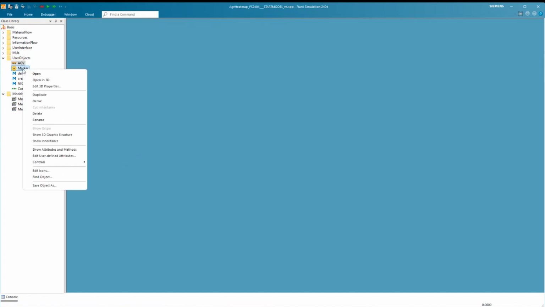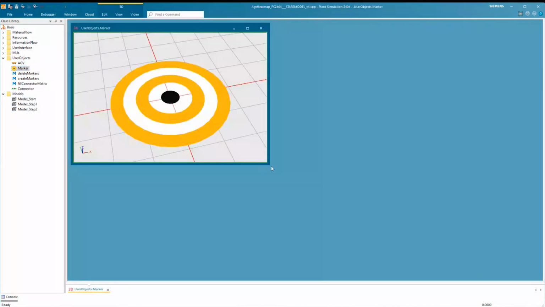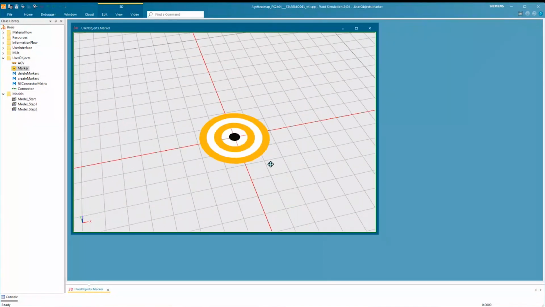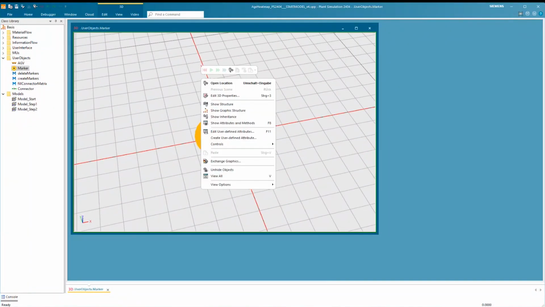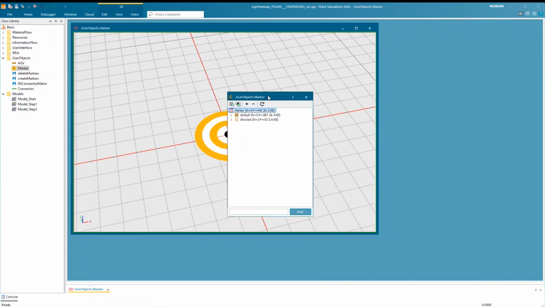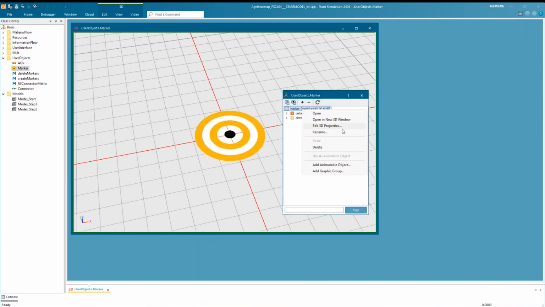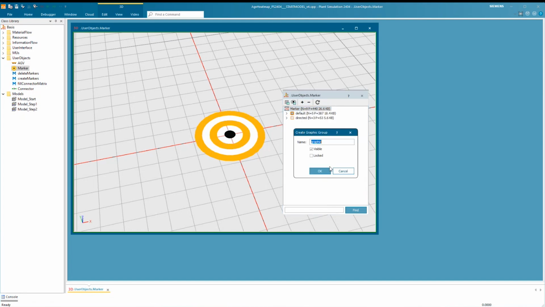For the marker, I have a marker class that I used in the layout. I'll open this in 3D. And I will add an extra graphic group and call it heat map.